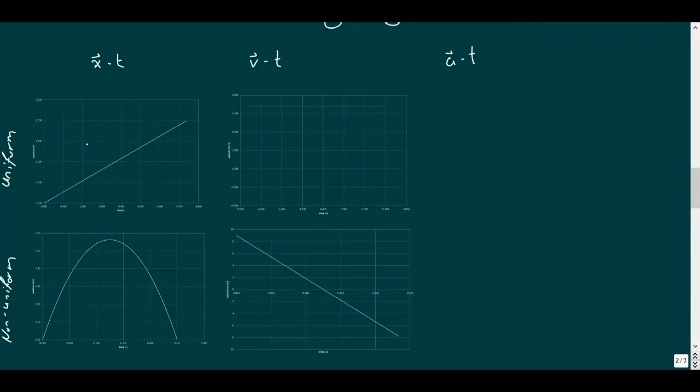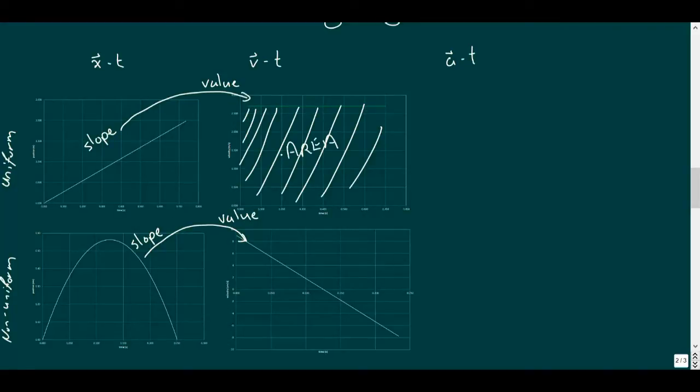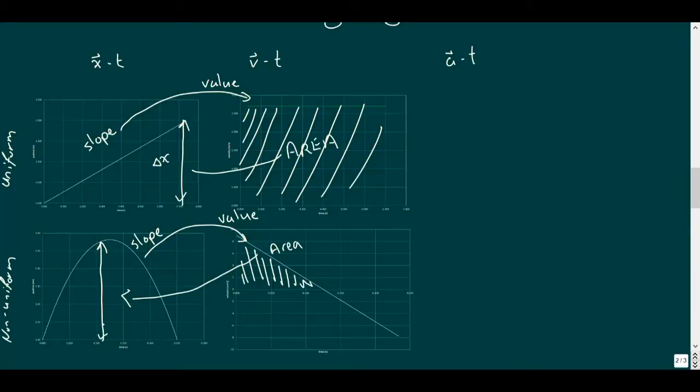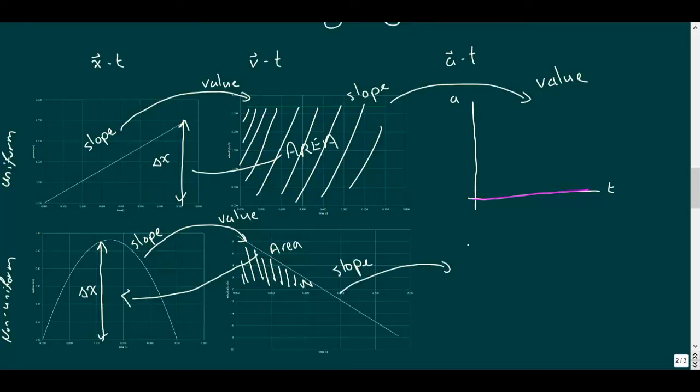Now the slope of our position time graph is the value of the velocity at the point where the slope was taken, while the area under a velocity time curve over a period of time tells us how much the position is changed over that interval, the displacement. Using a parallel process from velocity to acceleration time graphs, the slope of the velocity time curve provides the value of the acceleration, which of course is 0 for a uniform motion,